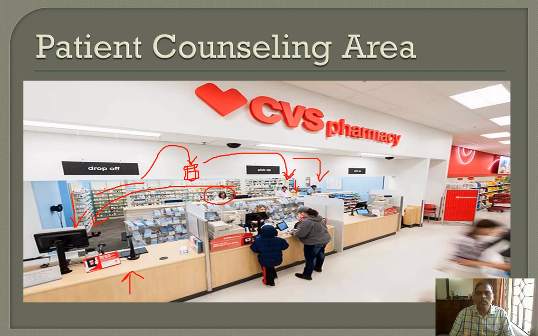And he checks the prescription, checks the prescription bottle, checks the label, and looks for any drug interaction. If there is any problem, he calls the patient to the counseling area. See, this will be the counseling area. This is the pickup area, where the patient picks up the medication once it is filled. The pharmacist can check the prescription and put them into the bins over here, right? If the pharmacist sees any problem with the prescription, he calls the patient over here.